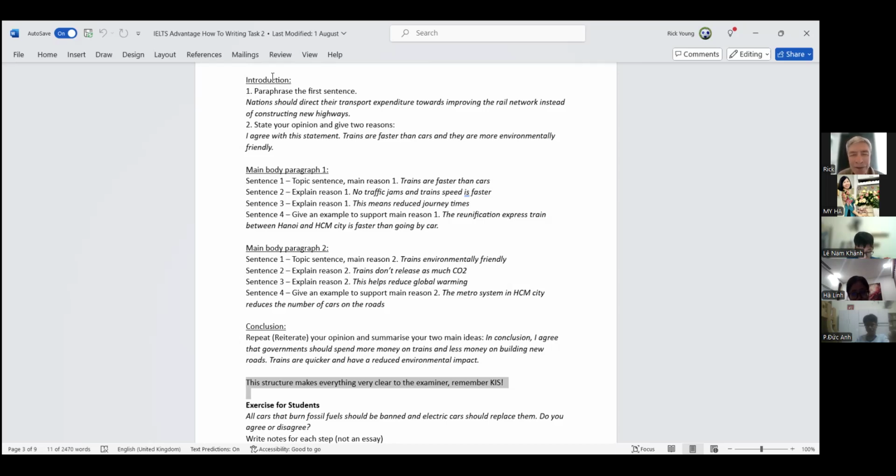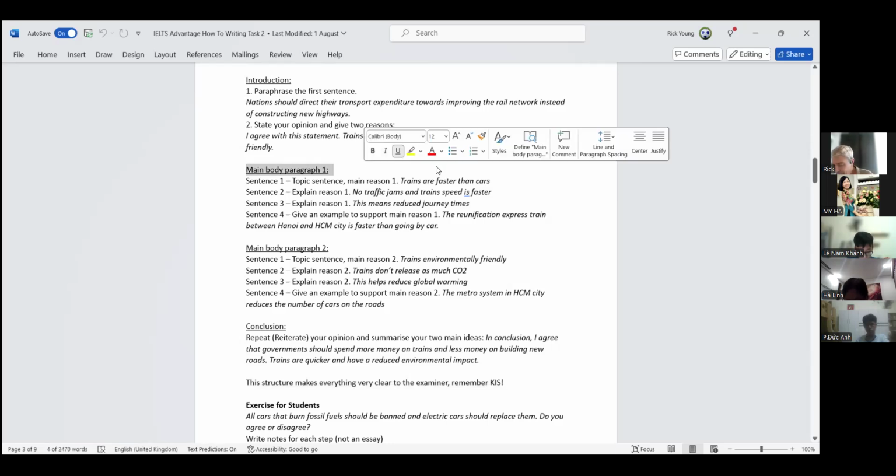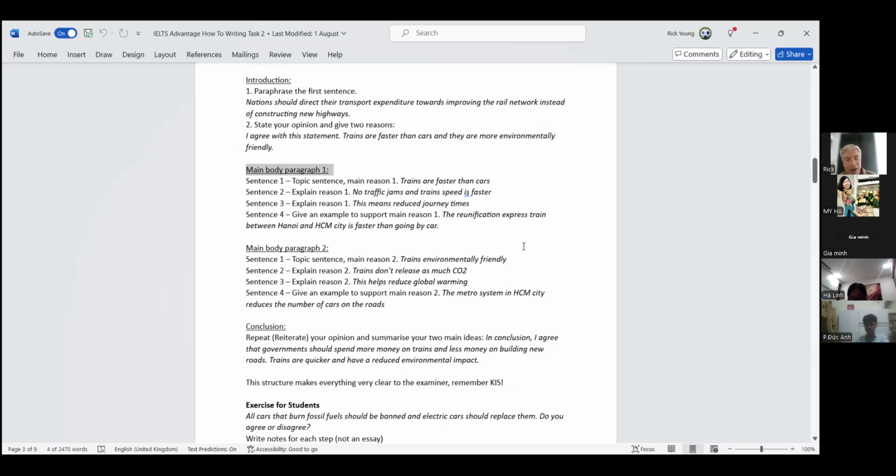Good. So everyone, 4 paragraphs in any writing task 2 essay. In fact, writing task 1 essay also has 4 paragraphs. First paragraph is the introduction. Okay. Second paragraph of writing task 2 essay. Jiaming, can you hear me? Can you hear me now? I can, Jiaming. Okay, what is the second paragraph called? The second paragraph was